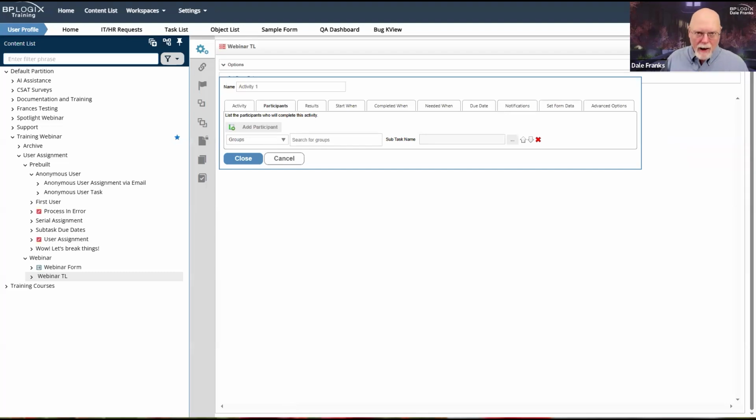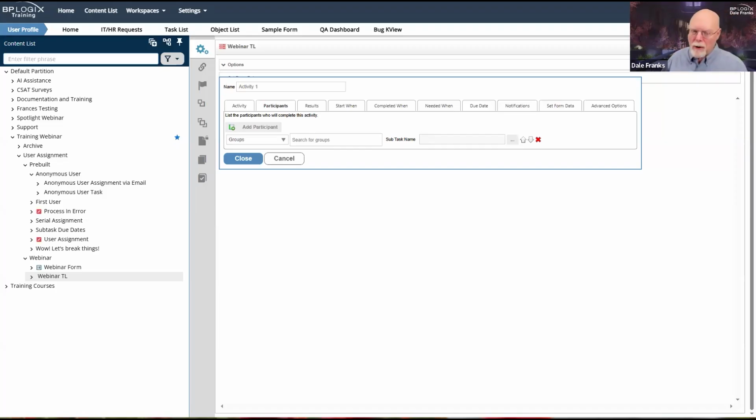But that was a lie, because if you assign by groups, there is a custom variable so that if you change the group's membership midstream, like you add a new member to a group, they'll be added to the task assignment. So groups have a little special dispensation like that, but you have to configure that on your system. It requires a custom variable to do that.